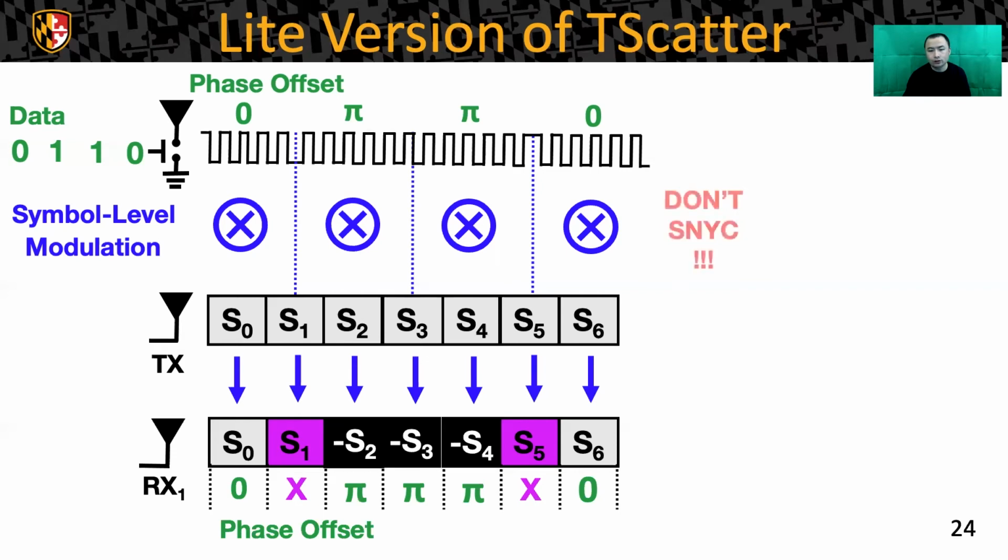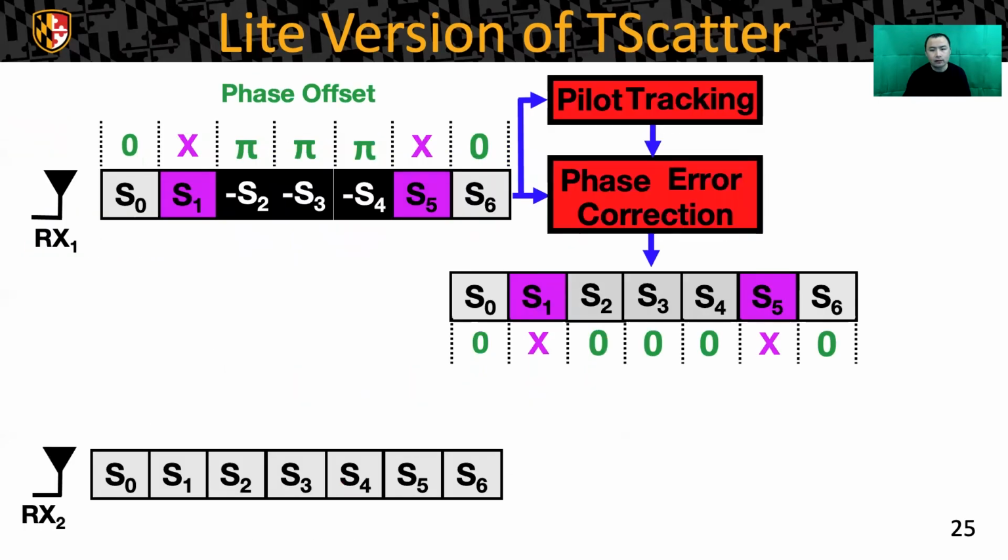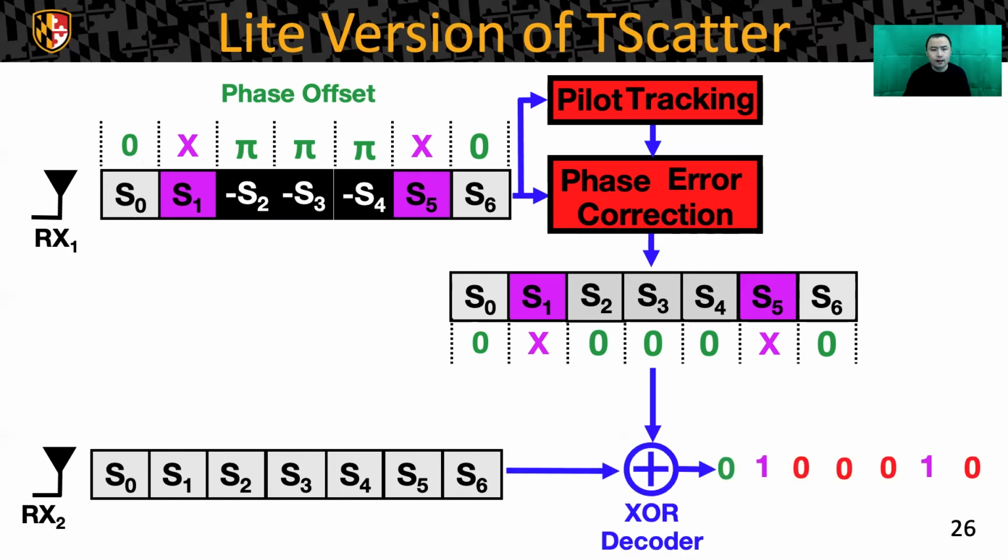We use X to represent their phase offset. After phase error correction, the phase offset pi is eliminated. Since the phase offsets of X on different subcarriers are different, the phase offset of X cannot be eliminated. After the XOR decoder, we get the result